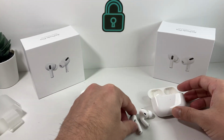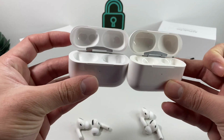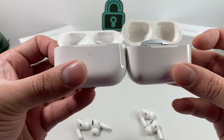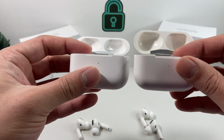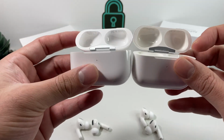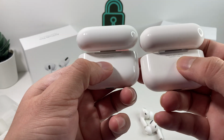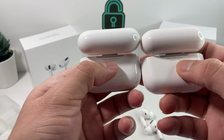Okay, so we notice the case here. Again, if you can see the color difference, it's really minor details, but it's something that we like to point out. And of course, you have this color, which is a lighter silver versus the darker silver of the case. And on the back here, if you look again, you'll automatically know that it says assembled in Vietnam versus China,